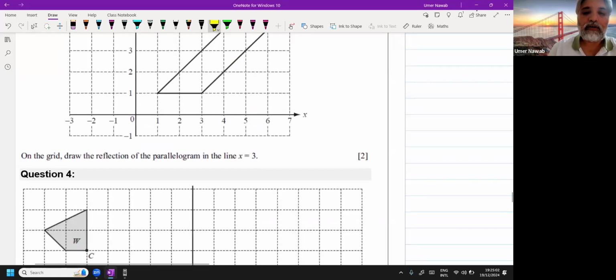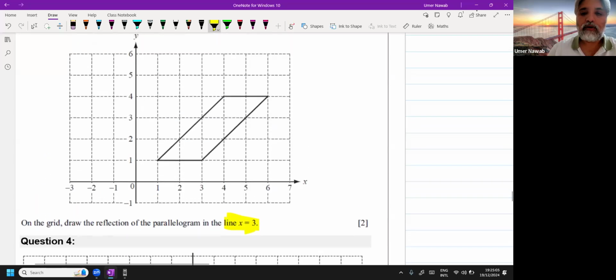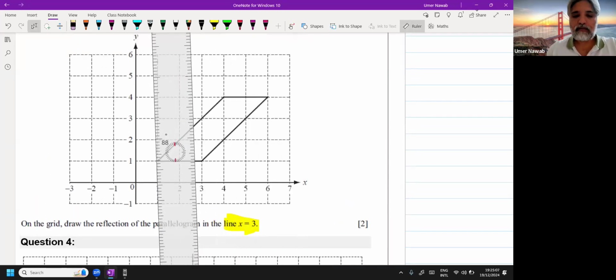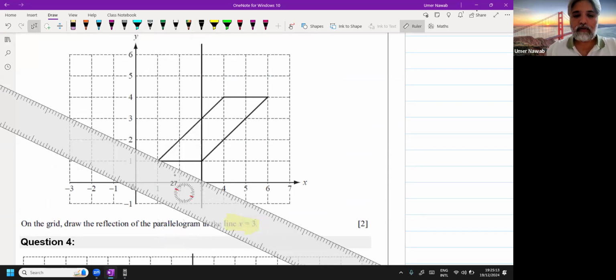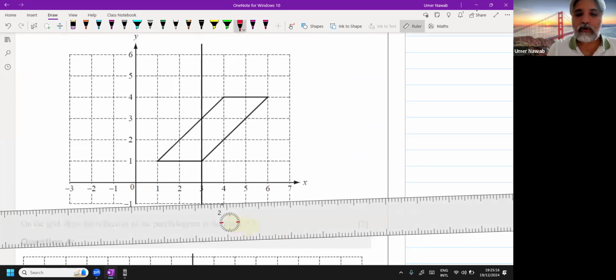Now I want to do reflection, and x is equal to 3. You remember x is equal to 3 is this line. This is x equals 3. So in x equals 3, this point, which is on the right, will go here. And this point will go here. Okay. This will stay here, and this will go to the opposite side. Now I want to draw